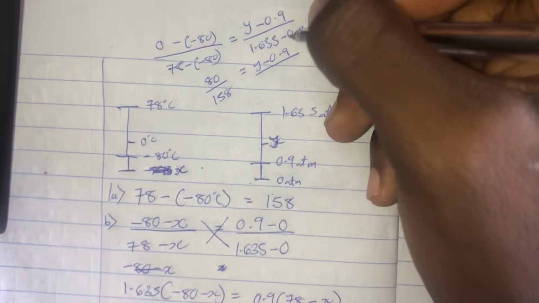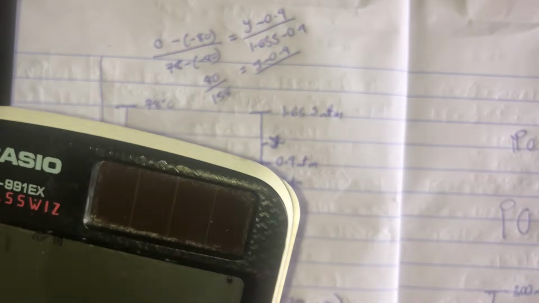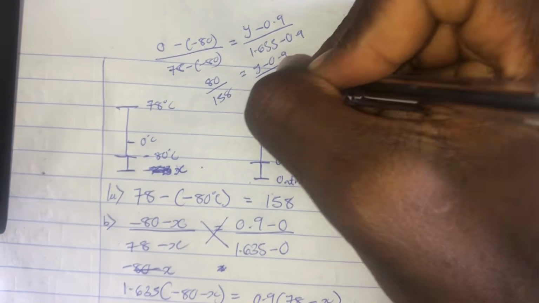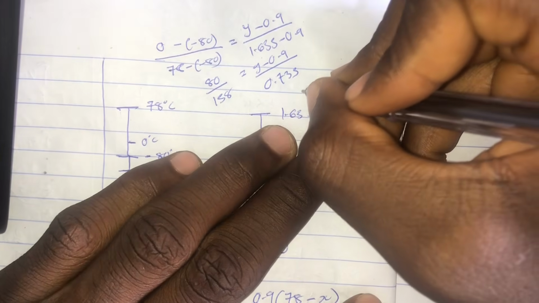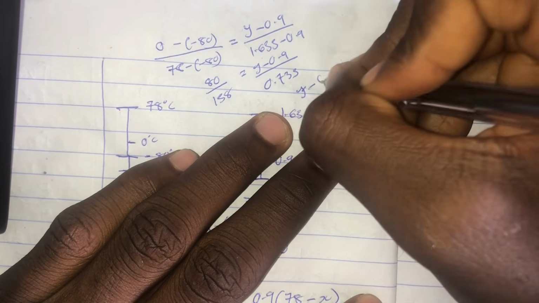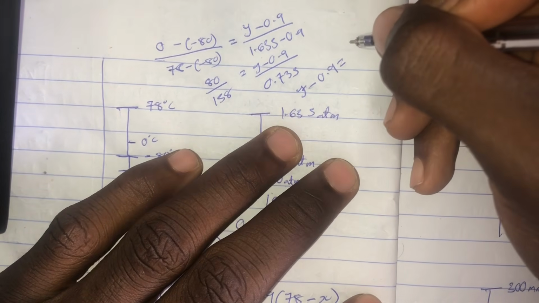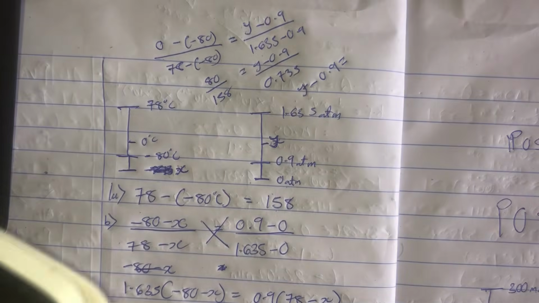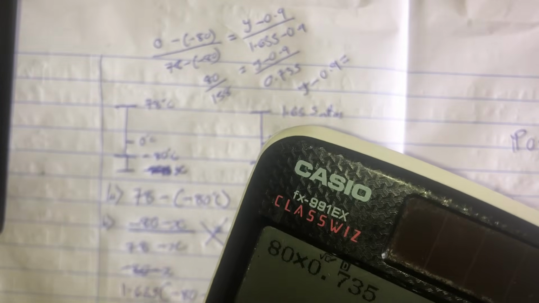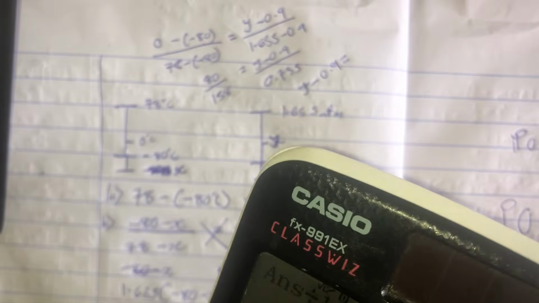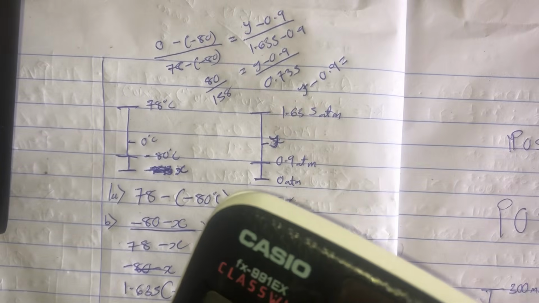over 1.635 minus 0.9 will give 0.735, right? So to make y the subject of the formula, I just say y minus 0.9 is equal to, let's just solve this, as 80 times 0.735 divided by 158, and that was 0.372,